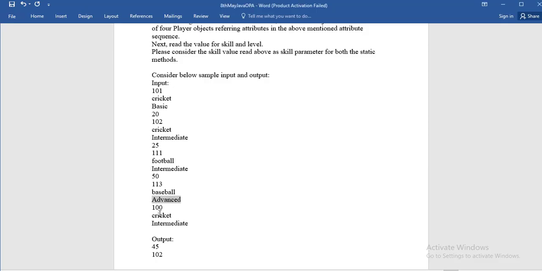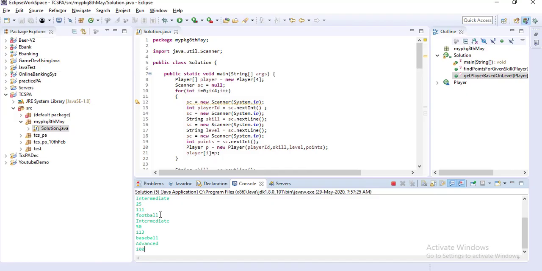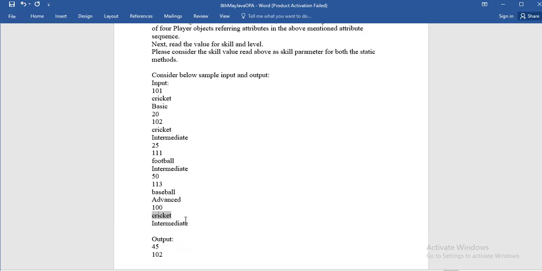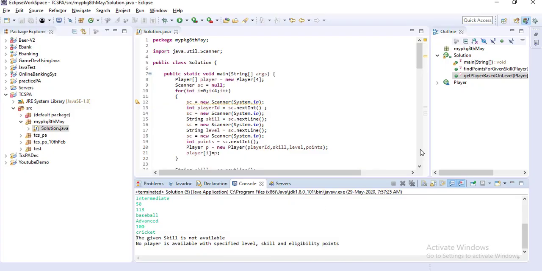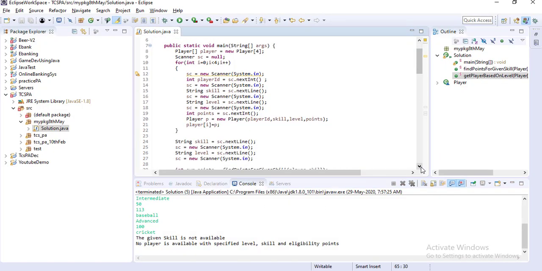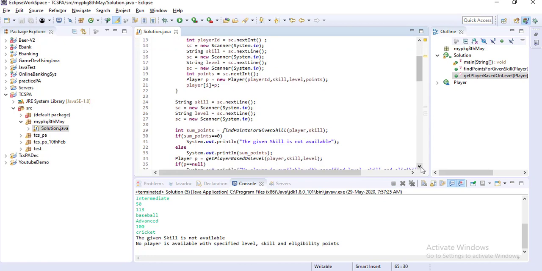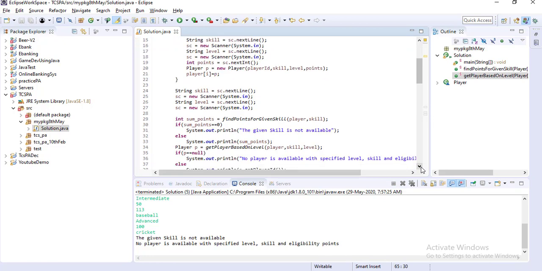Then give 100, and these are your last input, that cricket means. So advanced 100 and cricket, then intermediate. You have to give this. Why is it not taking the last one?